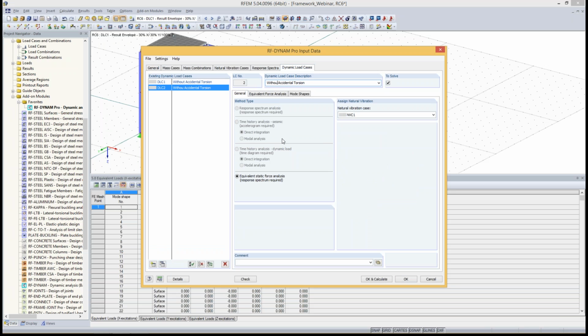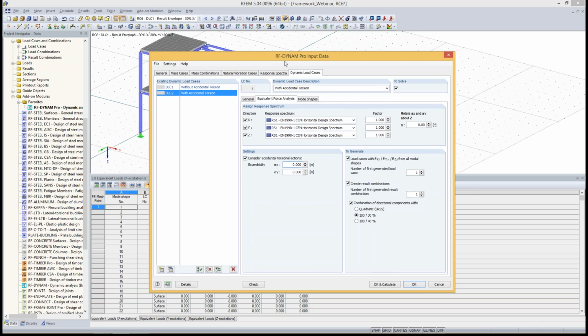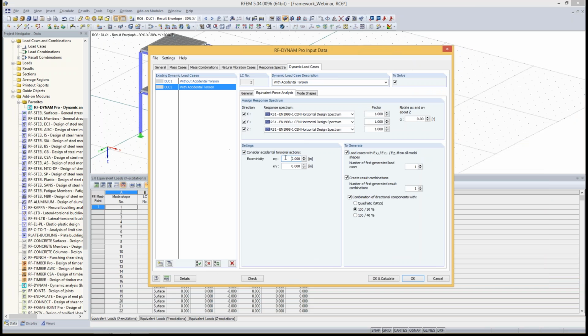I want to apply accidental torsion. I change just my description. I consider it, and here these are the eccentricities which are in accordance to Eurocode. These are 5% of the length of the building. So our building is 14 meter in X direction and 5 meter in Y direction, and we have to calculate 5% of 14, which is 0.7, and we have to calculate 5% of 5 meter, which is 0.25, and it